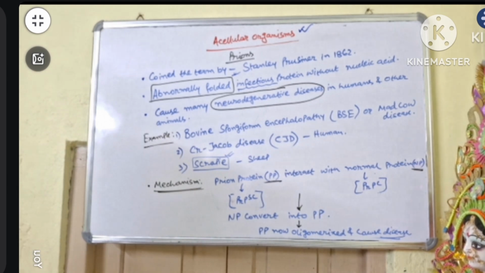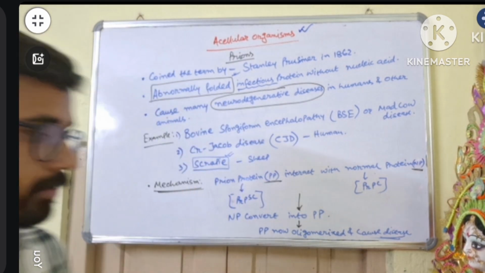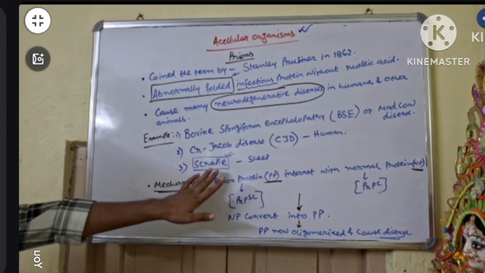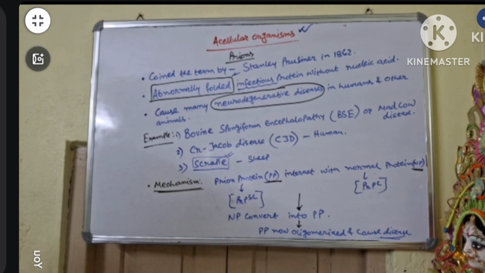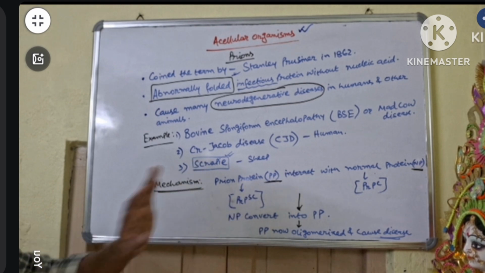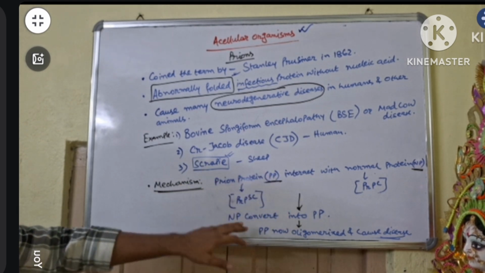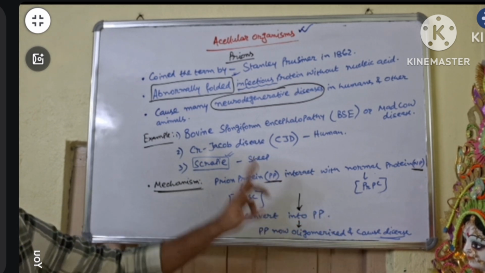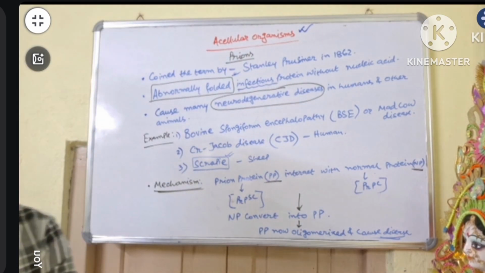So that is the normal simple mechanism of prion-related disease. Better understood in scrapie disease, the scrapie prion protein, exact name PrPSc. The normal protein is PrPC, C for cellular, and Sc means scrapie protein. After the interaction, the normal protein converts into the prion protein, and now prion proteins are oligomerized and cause the disease symptoms. Start the symptoms.